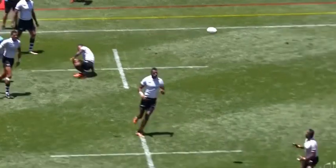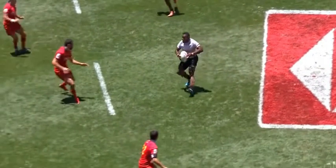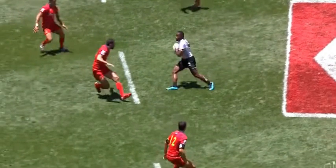So I'm going to take that back just a frame, just a little fraction, and be able to go through little bit by little piece. And so we've got air time, there's the step, and he's actually able to turn. So the key here when we teach the quade step, and this is probably only a short angle, of course our favourite Quade Cooper is pretty prolific at going off at about 90 degrees, so his feet might be turned over on this angle, but you can see just that little toe turn based on the vision of the player